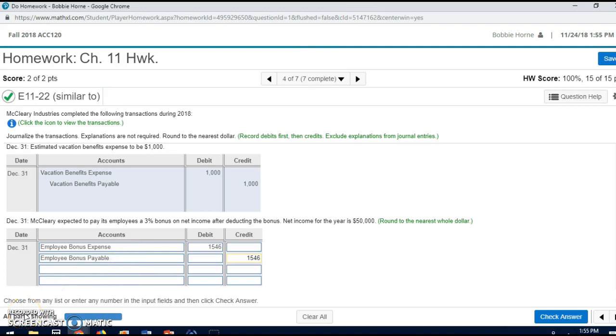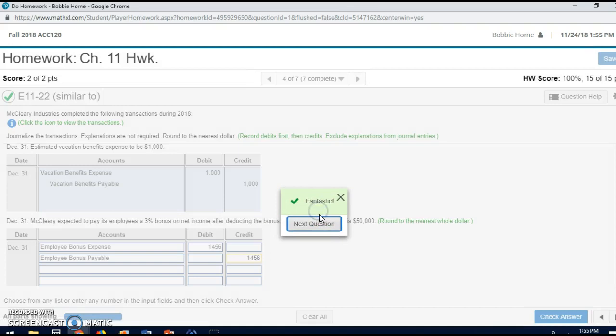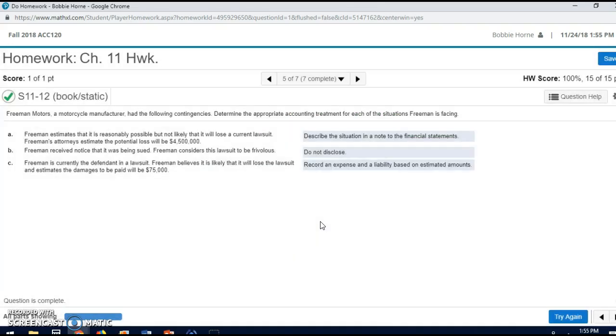Let me check my calculation. 0.03 times 50,000 divided by 1.03 is 1450. Oh, it should have been 1456. I just put it in wrong. Okay, we'll skip this one